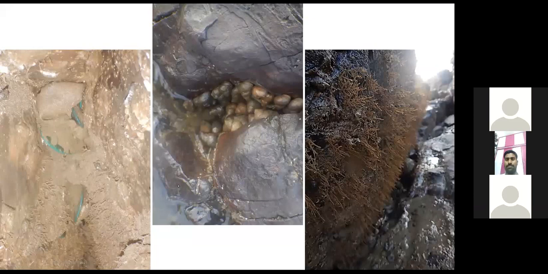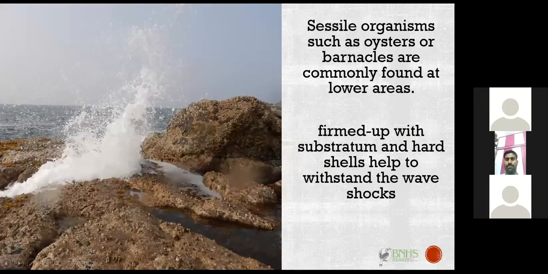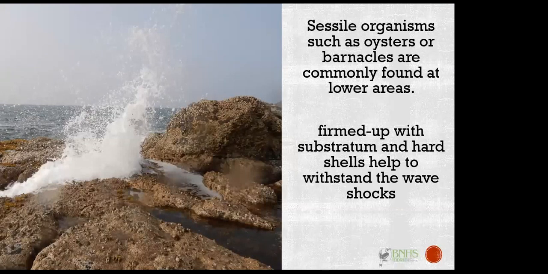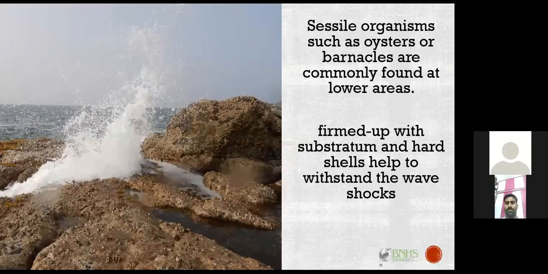So we have learned about the high tide region where water will completely recede, and how these animals tackle this kind of situation. But then what about the low tide region? Because at the low tide, or at the extreme lower region of the shore, the water will come up, or the waves will be coming in. So what will happen to these organisms?